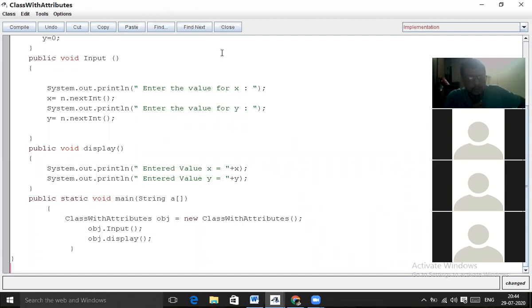Using display method, calculate your grade if average